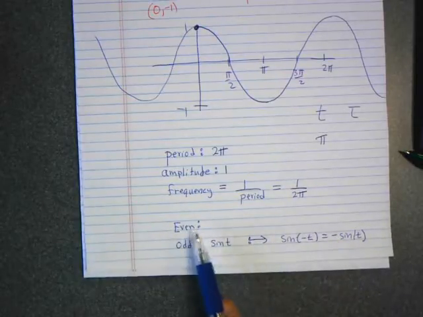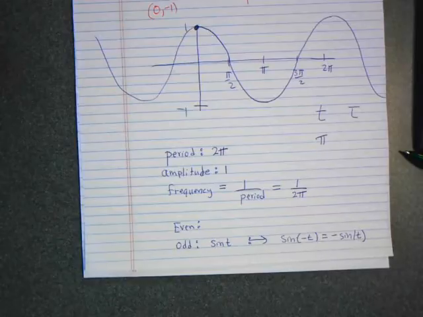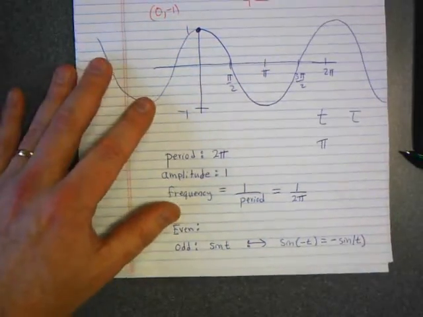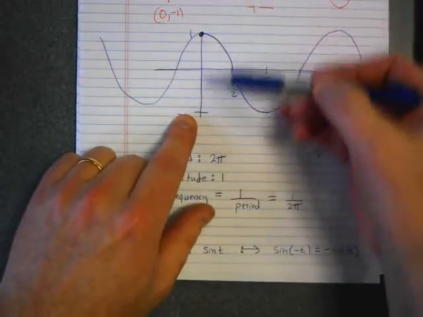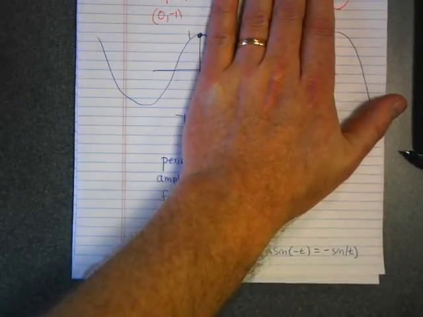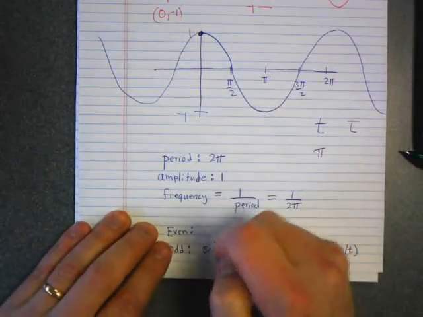Now how about even functions? What did even functions look like in a graph? Mirror image with where? Not the origin. Not the x-axis. The y-axis, that's correct. So, if I were to take this cosine graph, if I could take this paper and fold it right on the y-axis, what would happen? It would match up. So the cosine function